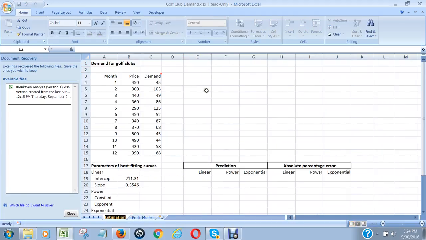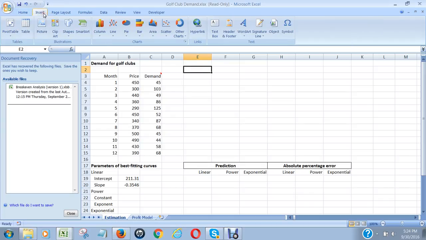But to start off with, the first thing we have to do is figure out what the equation is of the linear relationship between this x variable and this y variable, what the power relationship equation is, and what the exponential relationship is. The easiest way to do that is with a scatter plot. You go insert, you grab scatter. Actually, what I do is I grab this first. Go to scatter plot